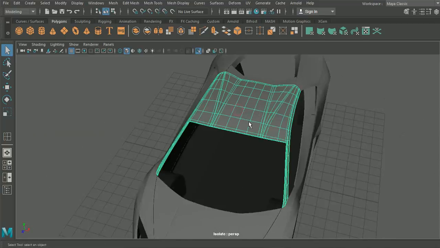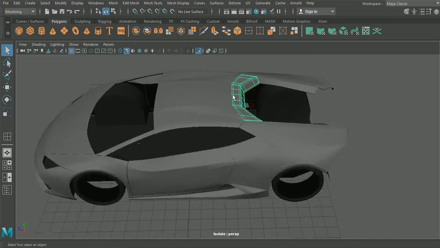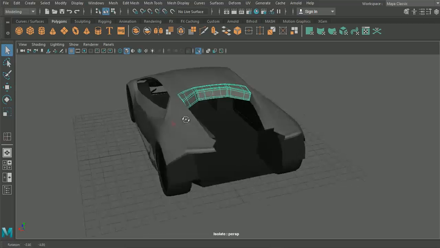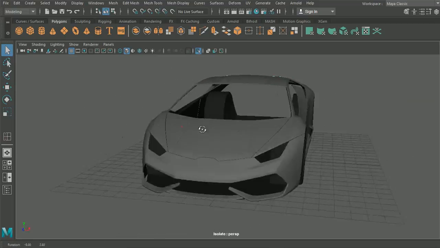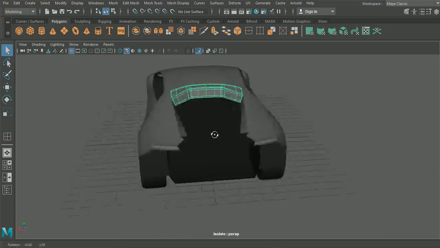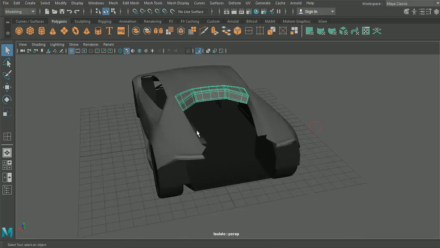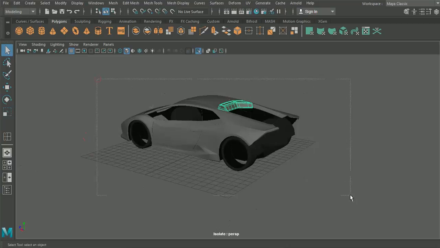I also merged the roof section and this rear section together, and then combined them and then merged the vertices down the middle. So it looks like now, to finish the actual main body panels themselves, we are only really needing to look at the back section. So let's